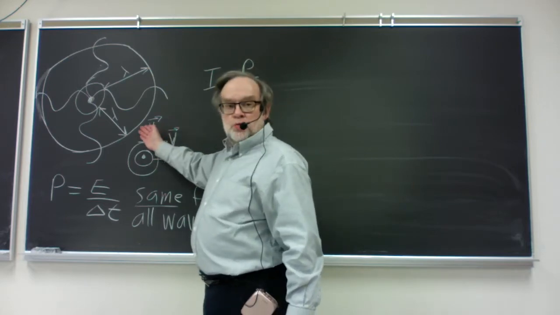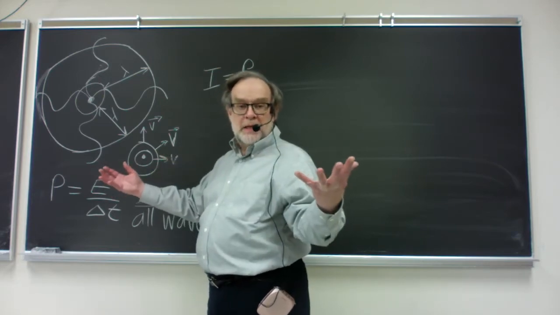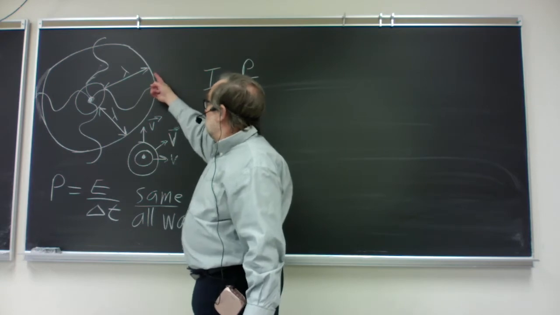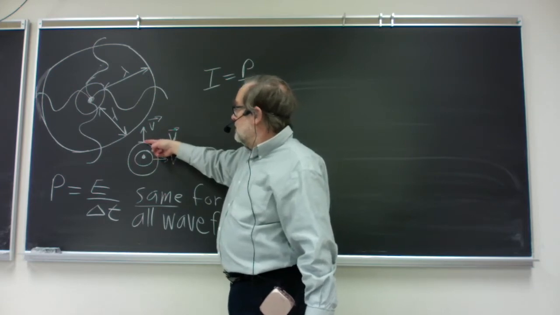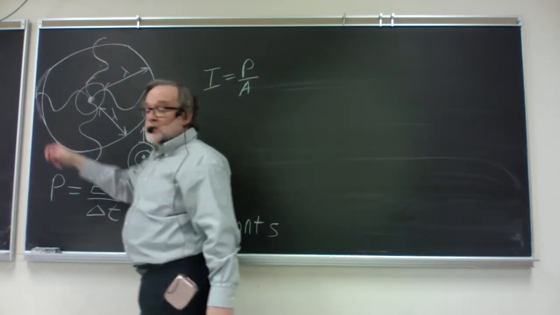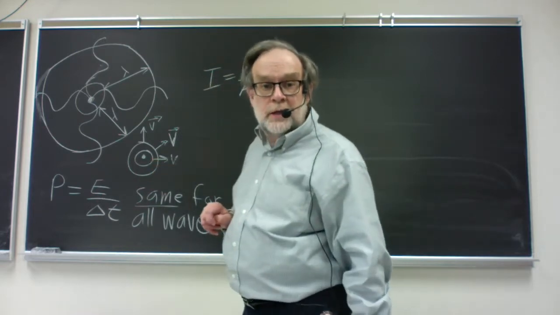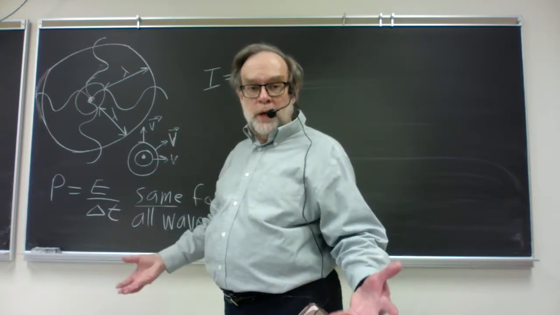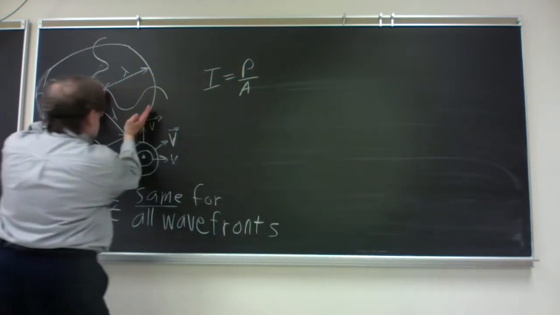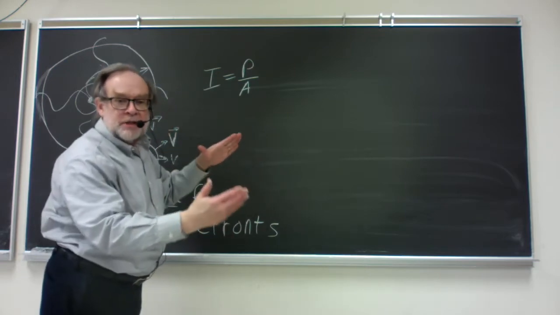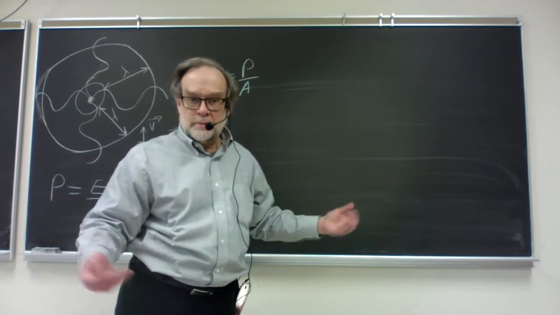So all of these wavefronts, spherical wavefronts, are expanding at the wave speed. This little piece of the wavefront is moving in this direction at the wave speed, like I've got illustrated here. This piece of the wavefront is moving this way at the wave speed, and this piece on the inner wavefront is moving straight to the right at the wave speed. All points on all wavefronts are all moving at the same wave speed. So since all wavefronts are moving at the same wave speed, the distance between two wavefronts is always going to stay the same. It's always going to stay one wavelength.